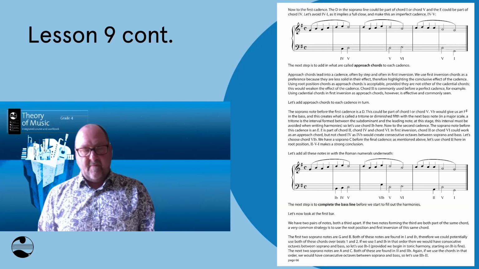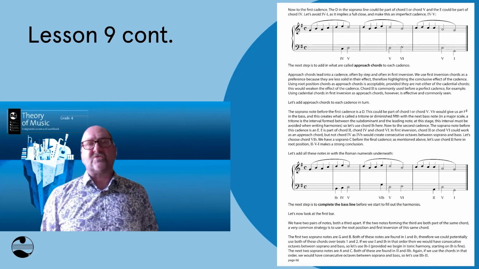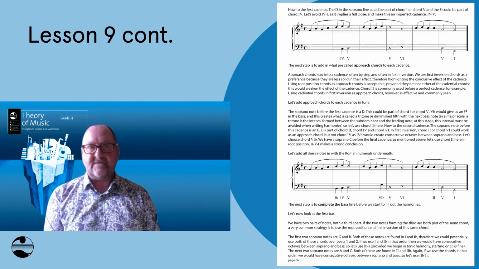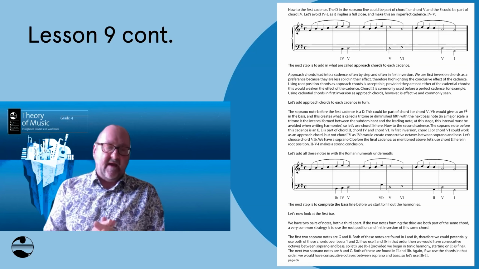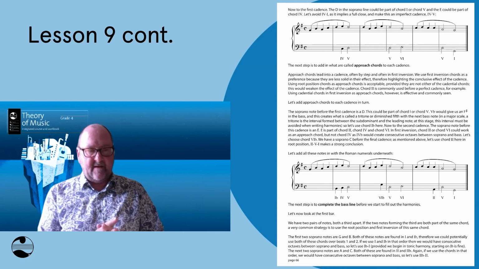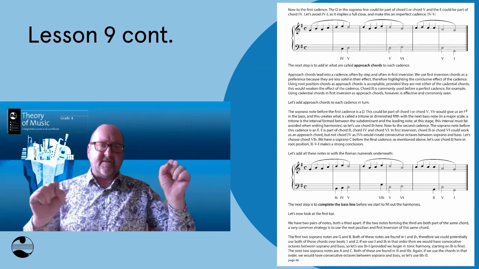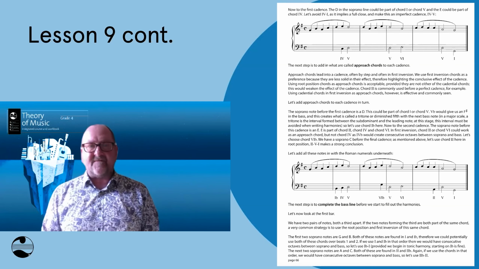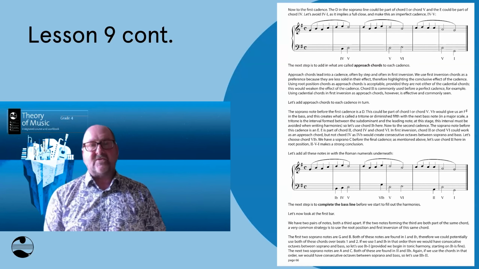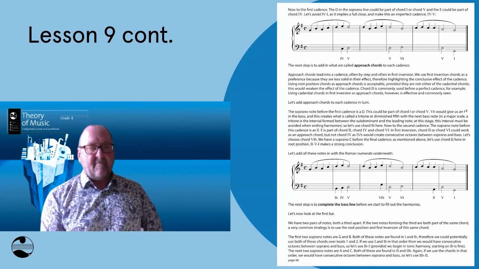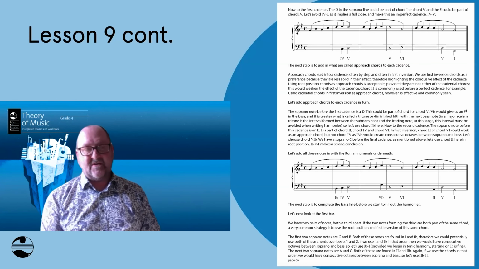And then grade 4, we need to talk about approach chords. Approach chords are the chords that you use to lead into the cadence. And how do I say this? A lot of textbooks say you must use a first inversion chord. You don't have to use a first inversion chord. In fact, it's common to see approach chords that are root position chords, but there are ones that sound better than others, and you need to know what they are.